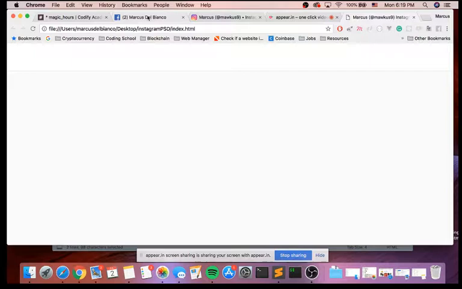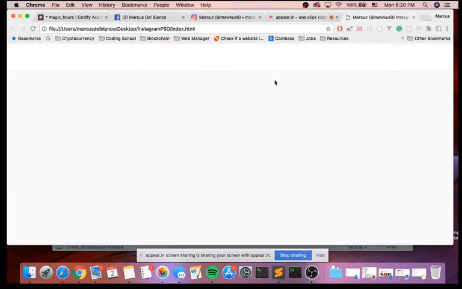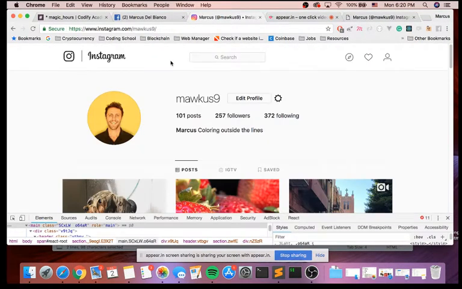Divs are naturally just block elements. So we can see here that they're all sitting next to each other. So we need all of our divs in our nav bar, the nav left, nav center, and nav right, to be inline block. And the way you would do that, if you wanted to tell all three of them at the same time to be inline block,